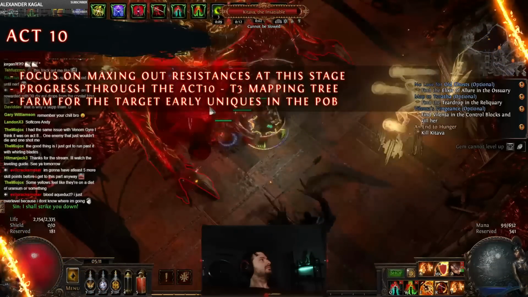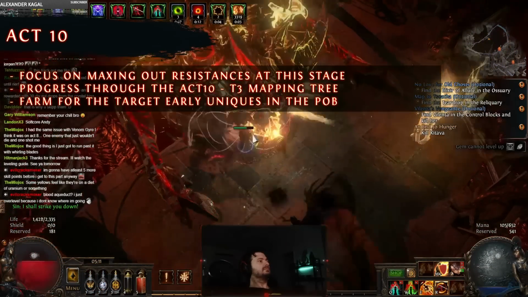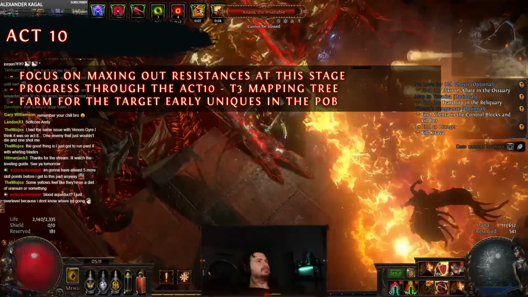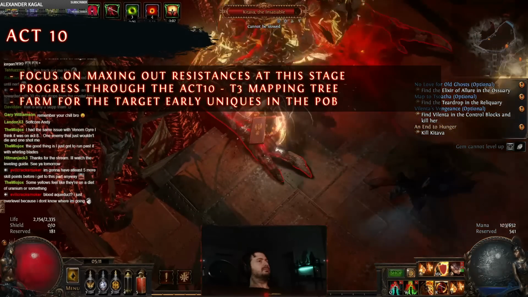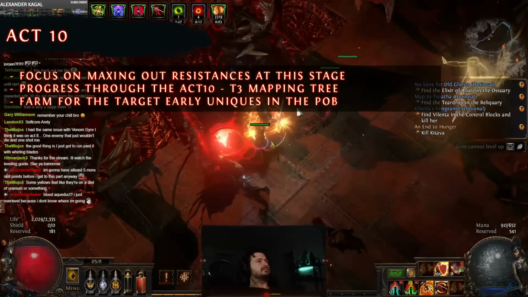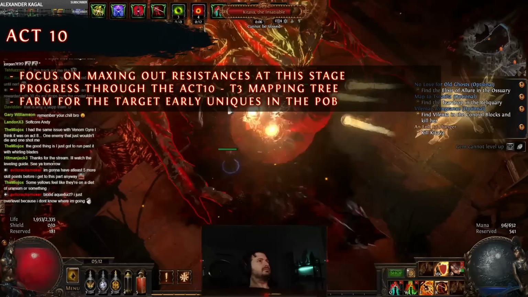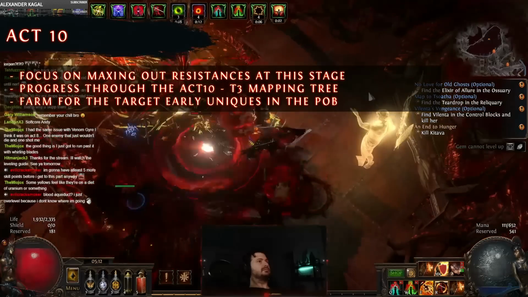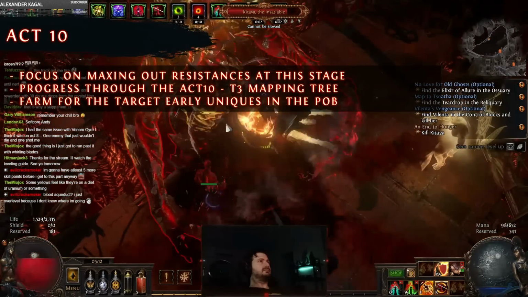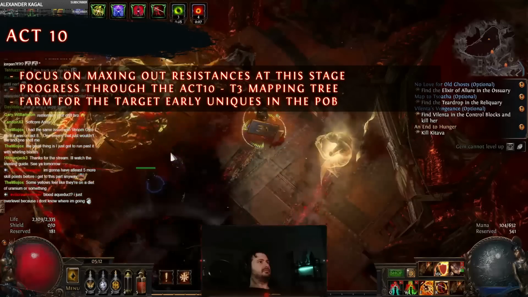Okay, so by the time you clear Act 10, as noted, you want your level to be around 66 to 67, maybe 68, right? So if need be, just farm some areas, like even in the feeding trough, rerun the feeding trough a few times because it's a relatively easy area to continuously farm. But otherwise, by the time you finish Act 10, you pretty much want to be focusing on maxing out